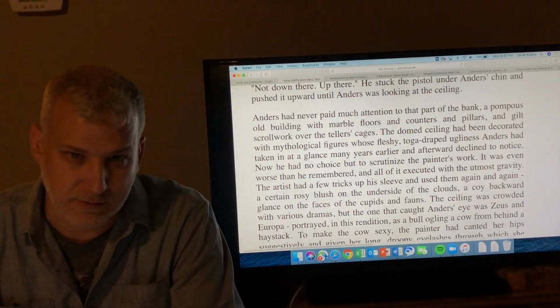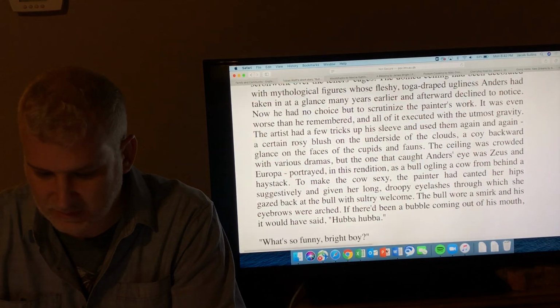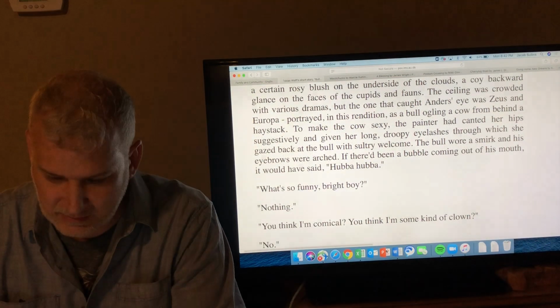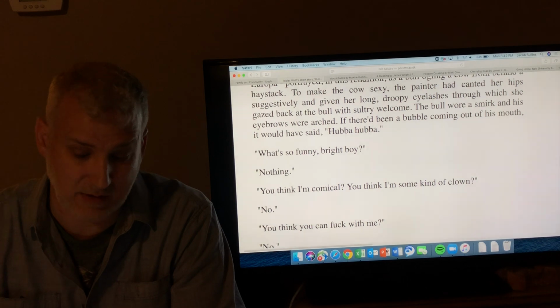But even then, when Anders is looking at the ceiling, this painting on the ceiling that he thinks is silly and stupid makes him start laughing. And he starts smirking, starts laughing, and the robber, who's got a gun to his head now, says,